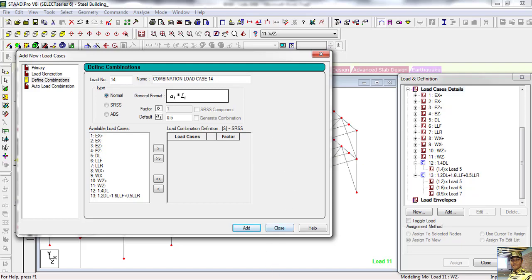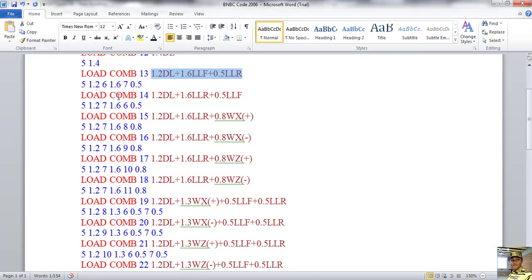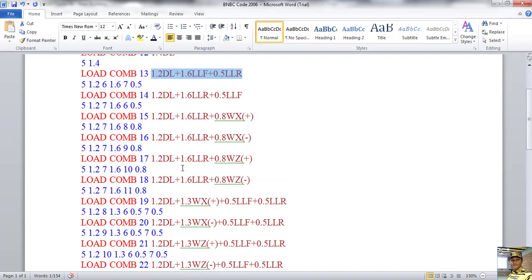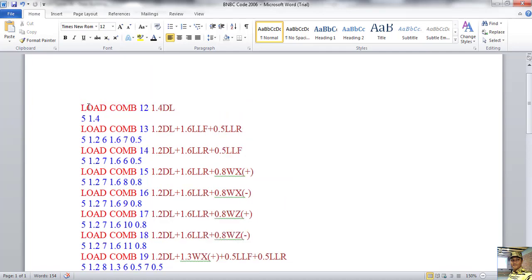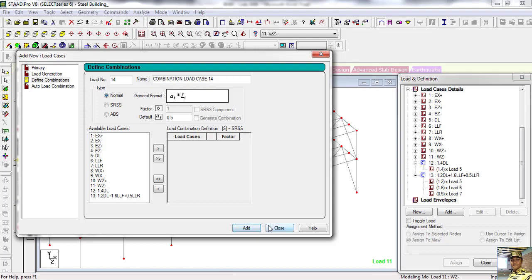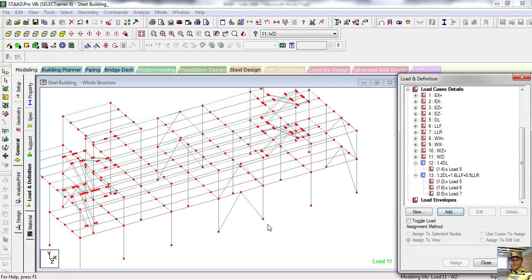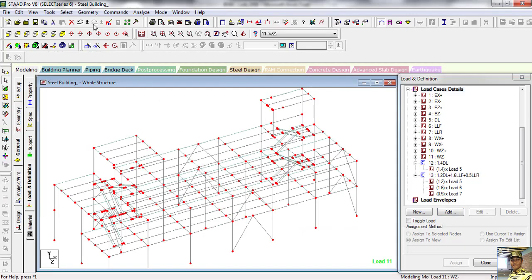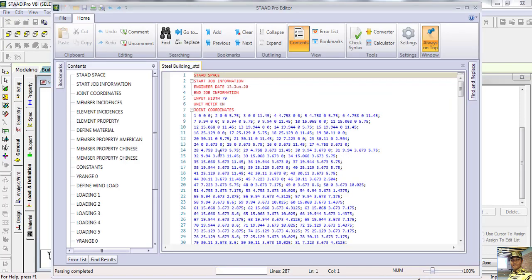Now see, same way we will define the remaining load combinations. So what we will do, we assign load combination 12 and load combination 13. Now copy this load combination, Ctrl C, and we'll put this combination by stat editor. Save.